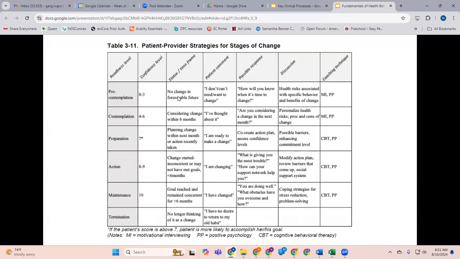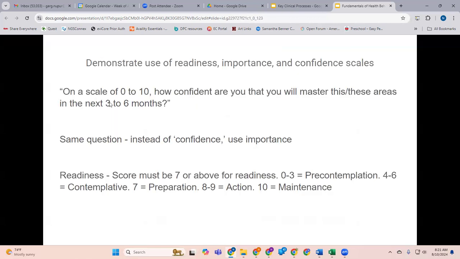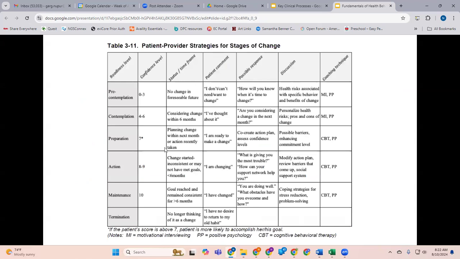Okay, so how do you come up with these numbers? This number right here, the confidence level. The two questions are, on a scale of 0 to 10, how confident are you that you will master these areas in the next 3 to 6 months? These numbers are very important for the exam. Then the same question, but instead of confidence, use importance. This is one of the objectives: demonstrate readiness, importance, and confidence skills. So how confident are you in the next 3 to 6 months? And how important is it to you that you master these in the next 3 to 6 months? That is what determines their readiness,